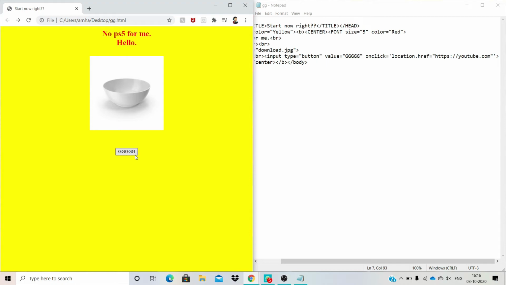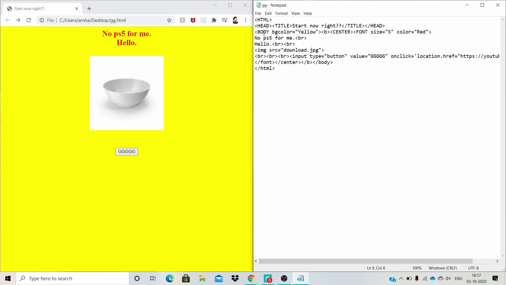Okay, so in many sites you may see that they make so much attractive buttons. So that thing we will do in the next video, how to make those buttons attractive. For making those buttons we don't use the input tag. For that purpose we use the a tag, and upside we write the style tag.